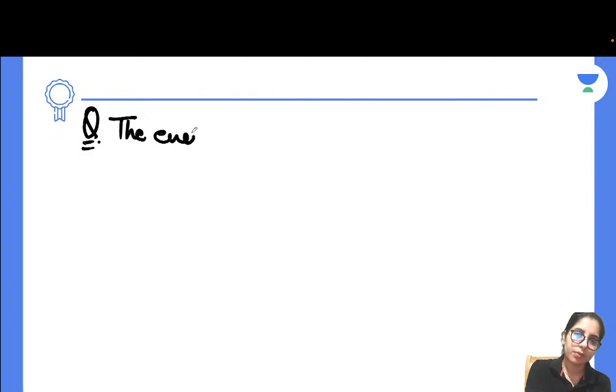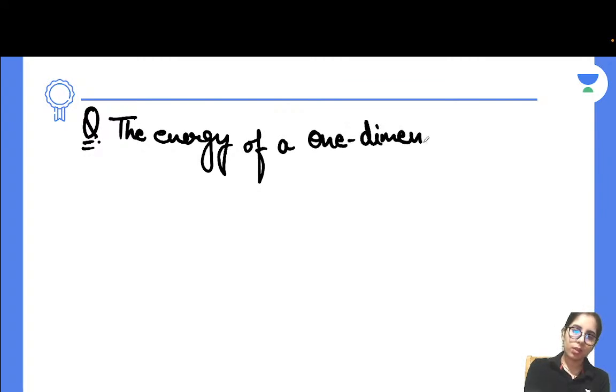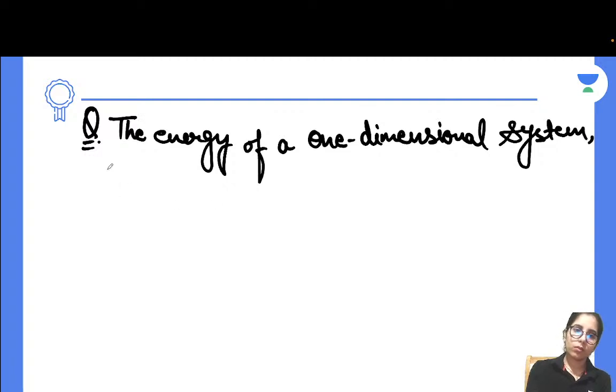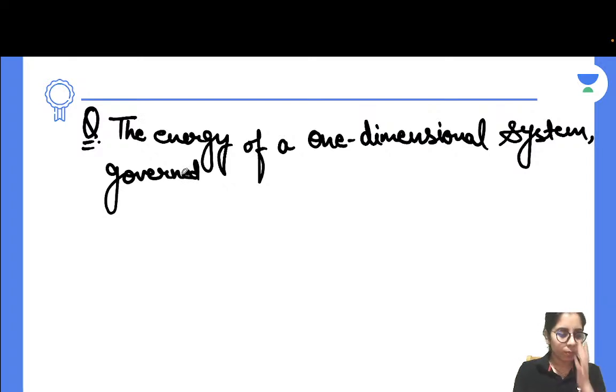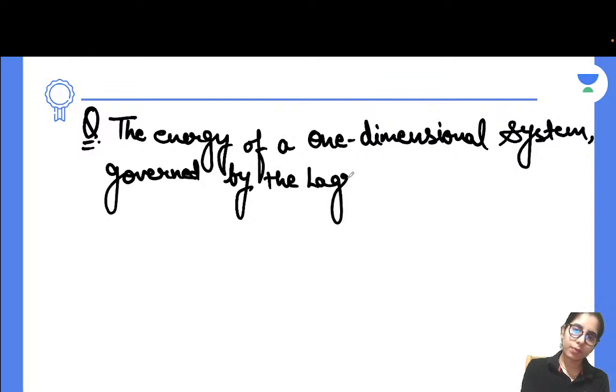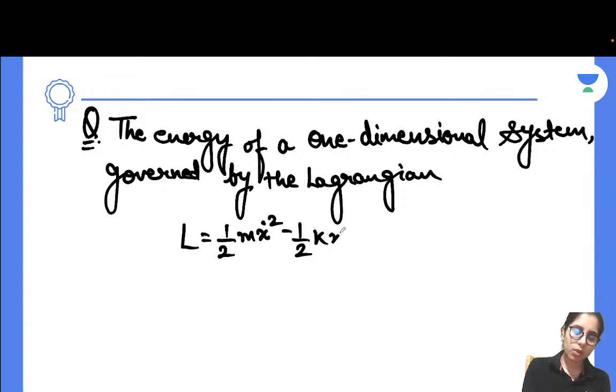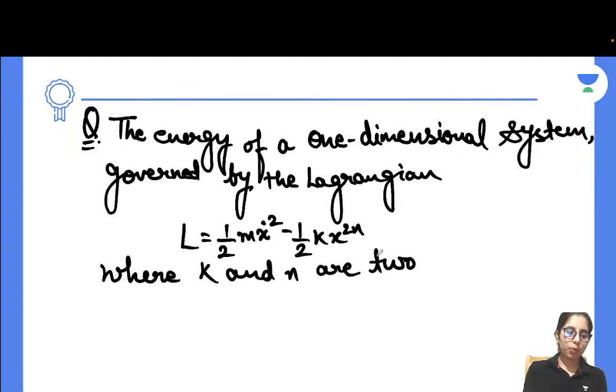The energy of a one-dimensional system governed by the Lagrangian L is equal to half m x dot square minus half k x to the power 2n, where k and n are two positive constants